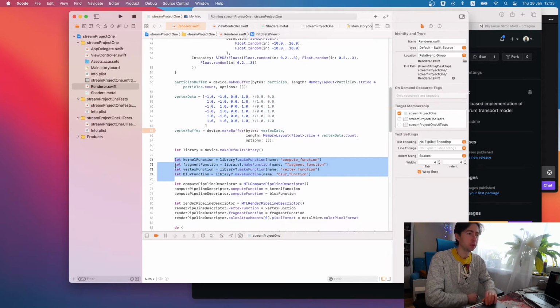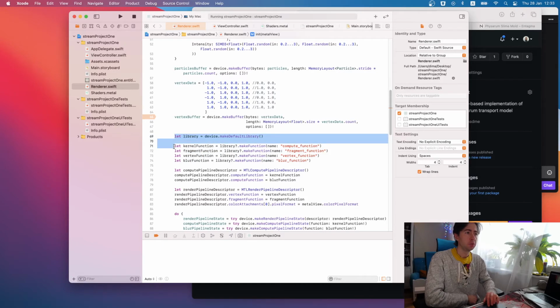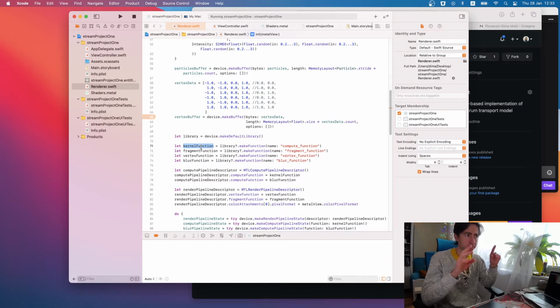So we make a library and create functions. So this kernel function is to simulate particle moves, and fragment function is to draw a texture resulted from simulation on this plane.